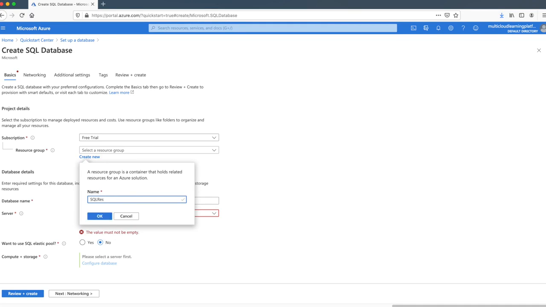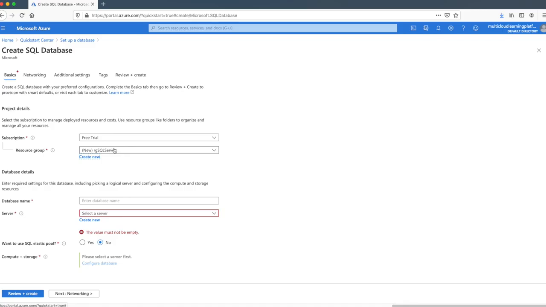It is a good practice to name Azure resources in a user-friendly way. For example, for a resource group, I'm going to prefix it with RG, and that just tells me that this name is a resource group name. So I'm going to say RG SQL Server. Essentially, I'm saying RG, resource group, SQL Server. So if I create new SQL Server databases in future, if this is my company or organization policy, I will probably put them in the same resource group. So my resource group is created and selected